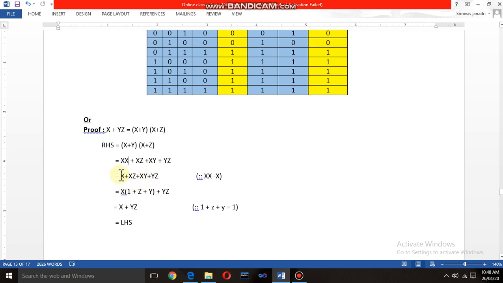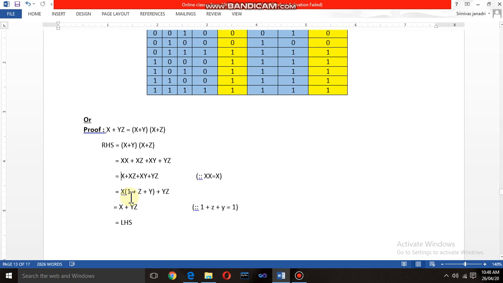Next one, here in these three variables, the common thing we have is x. So just take it outside. X, here remains a 1, here remains a z, here remains a y. If you want to clarify, just multiply this one by every variable, you will get this one again. Plus yz, where 1 plus any variable